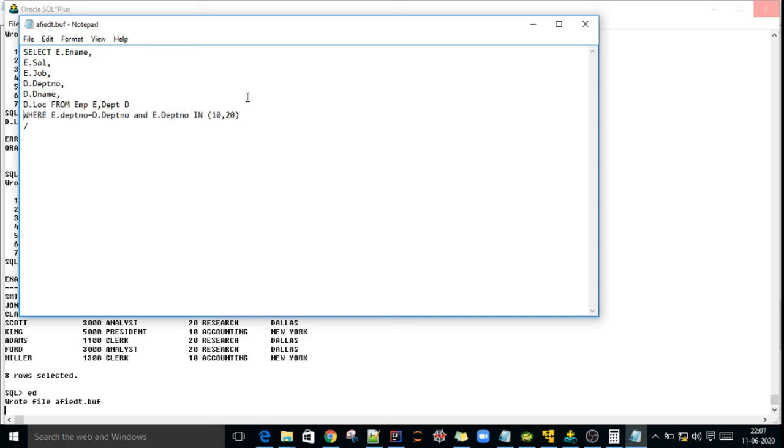For example, same query, NOT IN 30, or 10 comma 20.